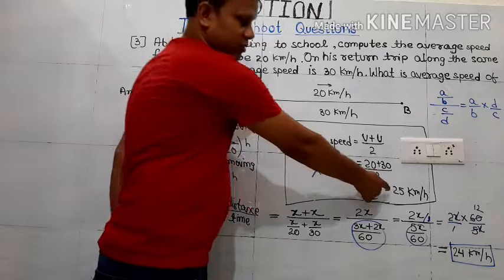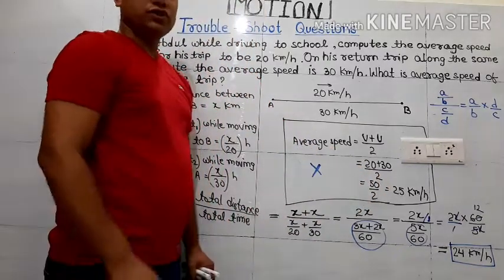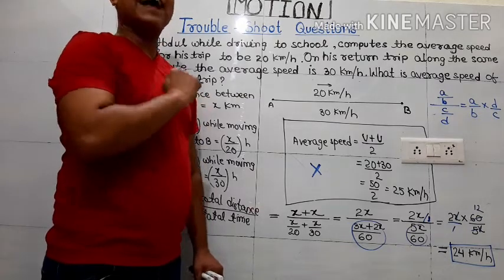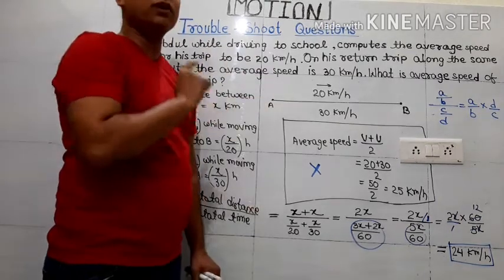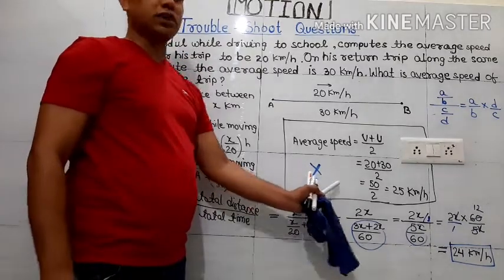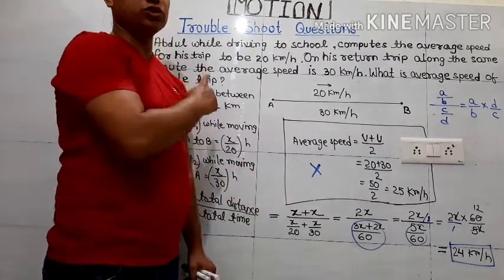Is it coming 25 km per hour? No. So what is the right solution of this question? The average speed of the whole trip will be 24 km per hour, not this 25 km per hour. So this question will be treated in